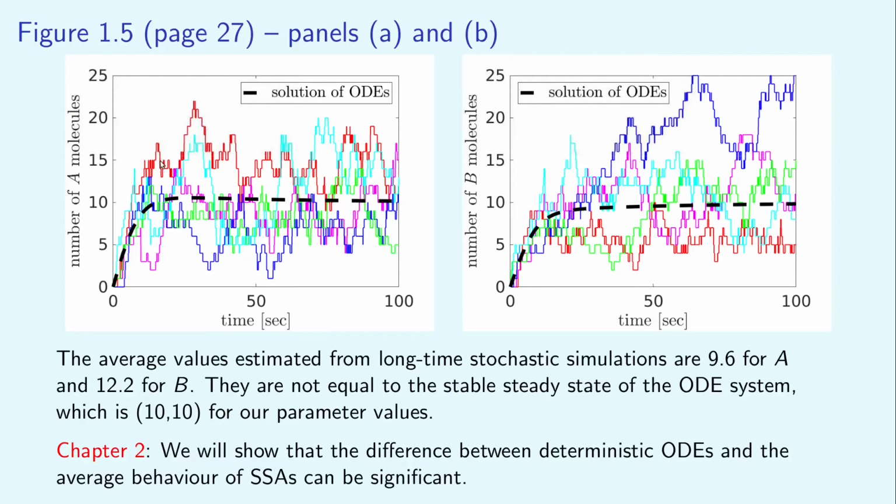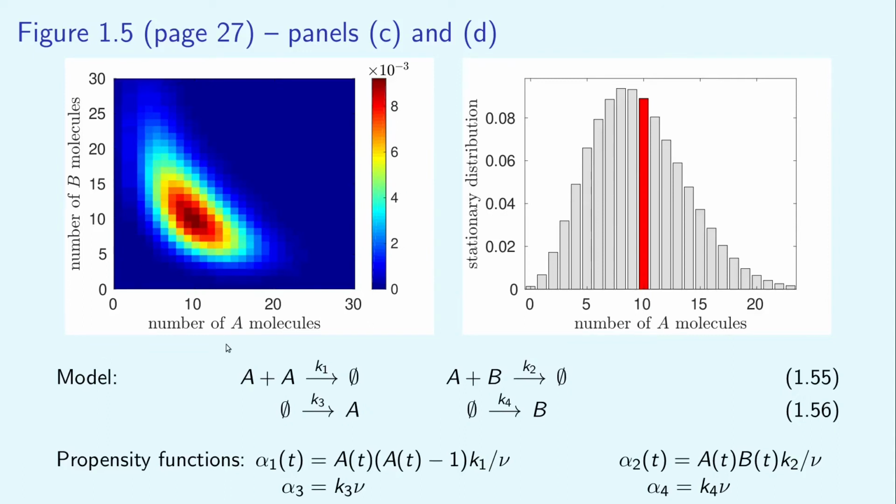On the other hand, if you look at this red realization, then it is the other way around. The number of molecules of A is above the average and the number of molecules of B is below the average. We can further investigate this possible correlation by plotting the stationary probability mass function, the stationary distribution, which is shown in panel C of figure 1.5. We can see this negative correlation, which is caused by this reaction, where A and B can react and be removed from the system. So if there is more A, then more B will be removed from the system, and